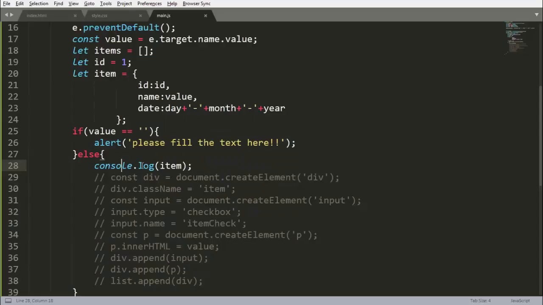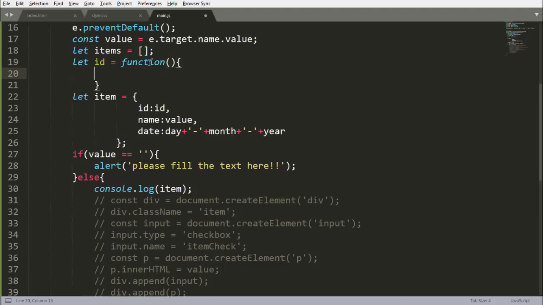Now let's change our ID here. In the ID there will be a function, and that function will return our things here.